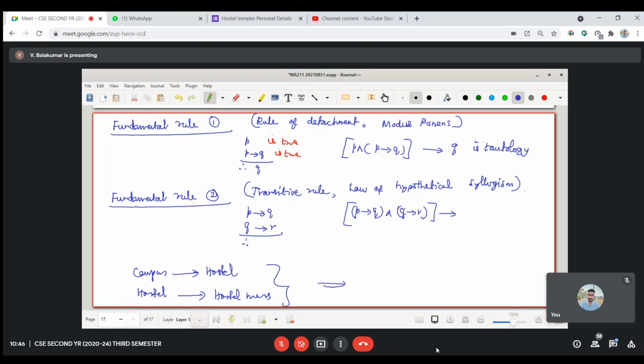From these two, what do you conclude? Only this information I give you. If you reach our campus, you must stay in hostel. If you stay in hostel, then definitely you must take hostel mess food only. So let me say you have reached campus. What else can you conclude?